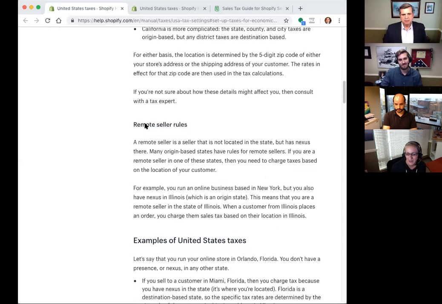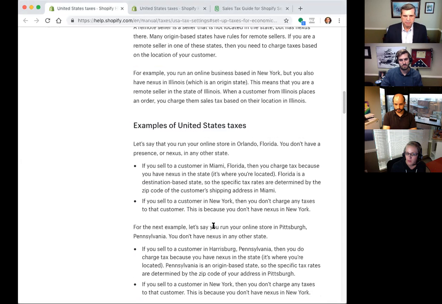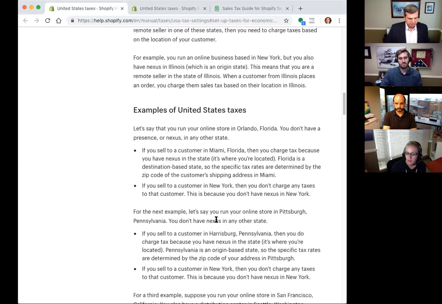It also has a little definition of remote seller. That's probably helpful just because sometimes you see businesses referred to as remote sellers. That just means if you're in one state and you have a customer in another state, you are remote to that other state, okay? It's these examples that I want to go over. So these examples apply to the Shopify platform. So the great thing about Shopify is that I think it's like